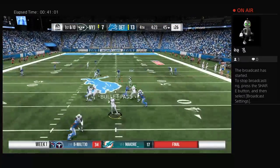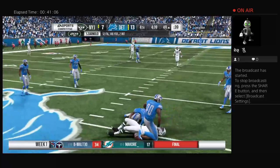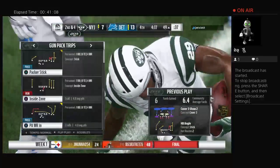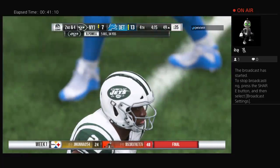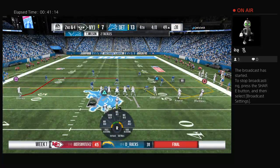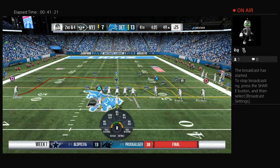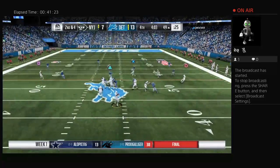A shotgun snap for Darnold. Finding a safety valve here. That's complete. And he'll get it into enemy territory just across midfield at the 49. Give him 6 on the play, and it'll be 2nd down. Again, Darnold